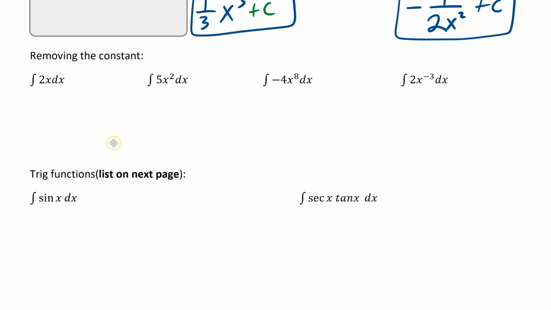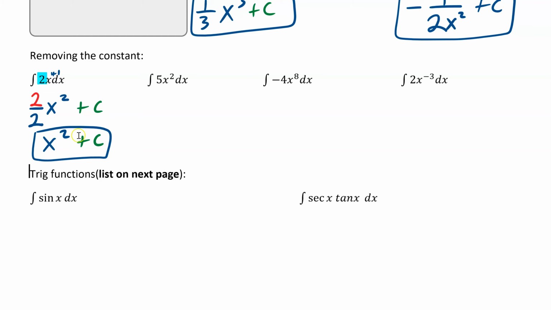What if you have a coefficient in front? So here's how this works. You're going to add 1. So this would be now x to the 2. There's a 1 there, 2. And then you put the number here, 2. And then whatever number you have in front, that is just the numerator, like that. And you reduce. So this is x squared, and you can tell I've already forgotten one thing, exactly, the plus c. And now we just take the derivative. So that would be 2x, subtract 1, works out perfect.